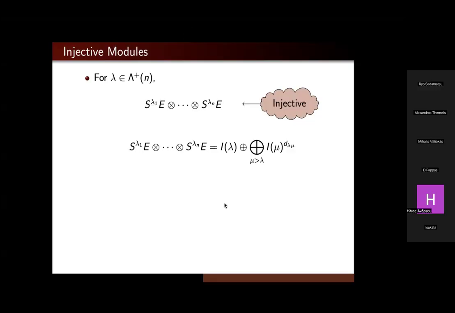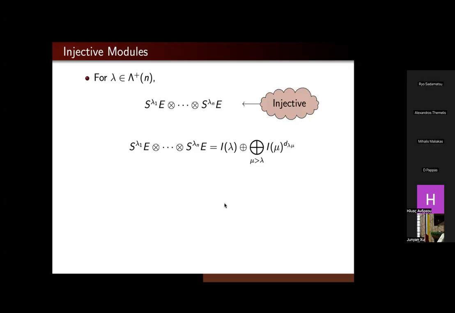Actually, it's not necessarily an indecomposable injective model. It decomposes, and it decomposes in this way. They will have a formula. Now, the I lambda is an indecomposable injective model corresponding to partition lambda. And there are going to be other indecomposable injective models. If you really wanted to know what these are and how many times they appear, unravel it back and you'll